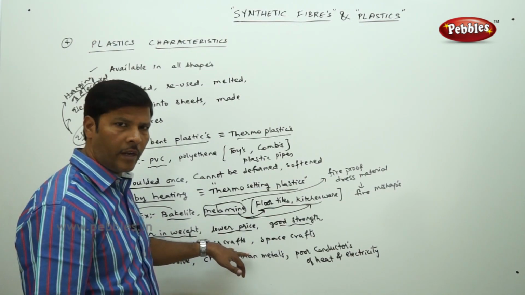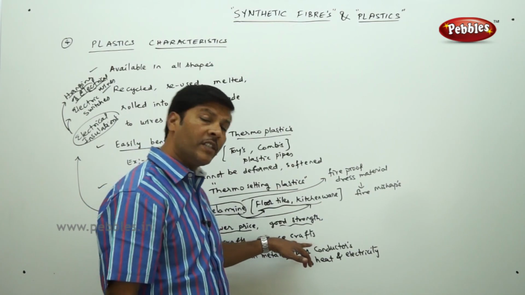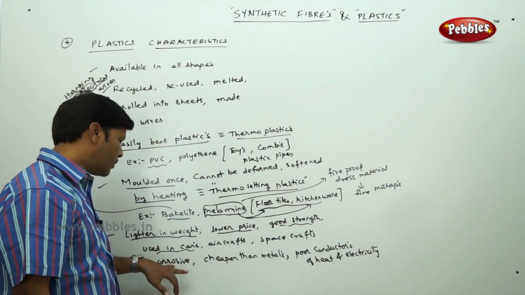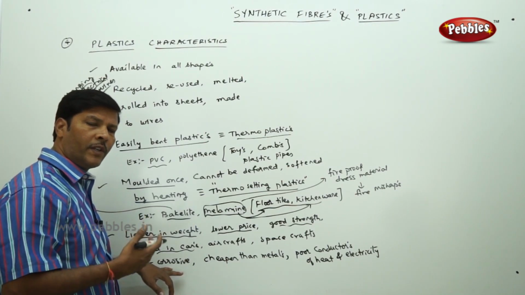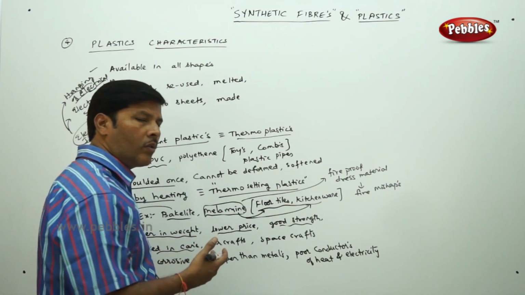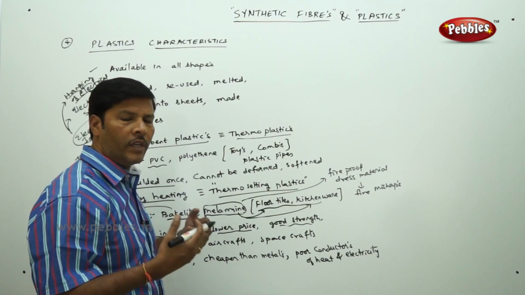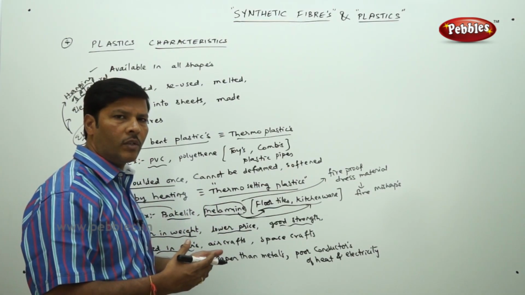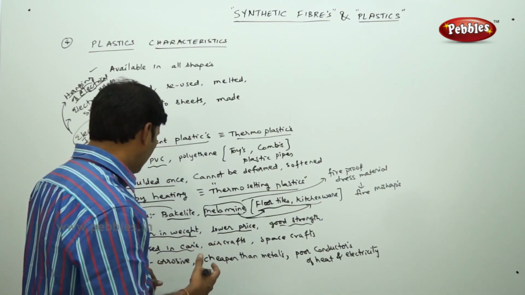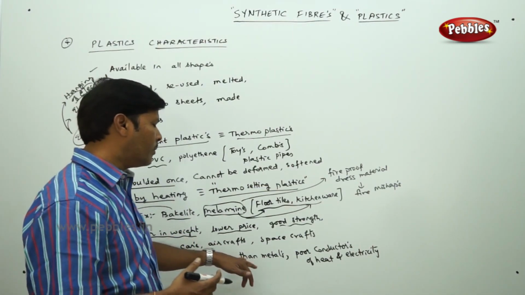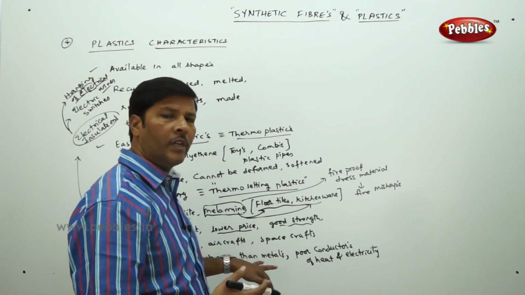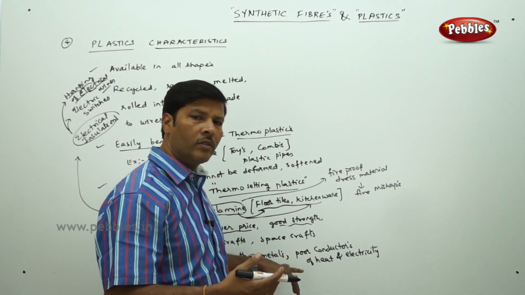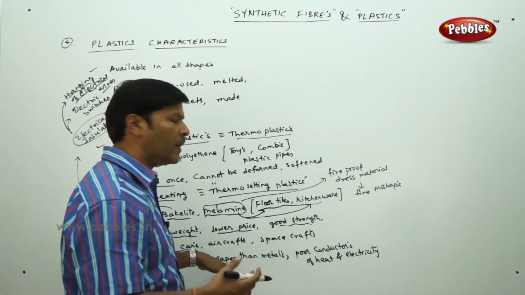Then they are used in aircrafts, then they are used in spacecrafts also. Then yes, of course, they are anti-corrosive because they are resistant to atmospheric oxidation. The plastics are not corroded at all because they don't have any affinity for the atmospheric oxygen or atmospheric gases present in the air. That's why it is anti-corrosive. It is cheaper than metals. The availability of metals is limited. That is why isolating metals is difficult. So instead of metals, the alternative source is plastic.